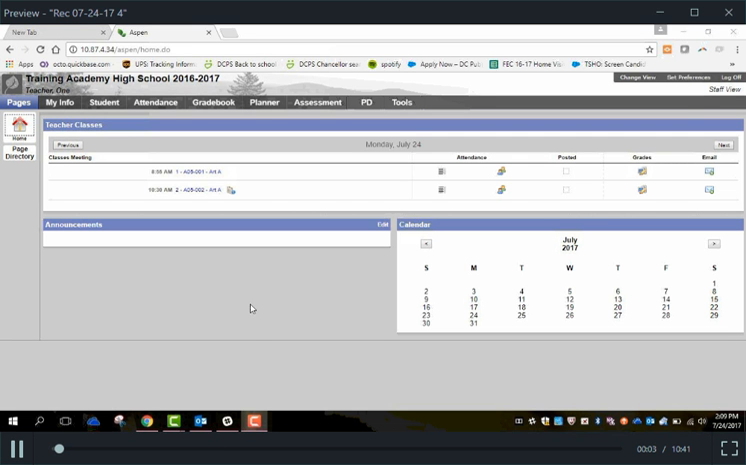Now we will look at managing class details. The most important class detail you will manage is to take attendance. Aspen is set up where the default assumes that students are present. So you log in, this is your landing page, and when you're ready to do attendance, click